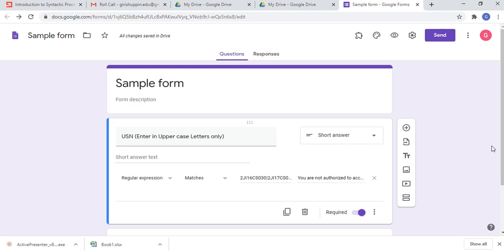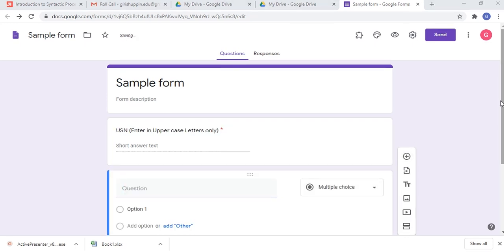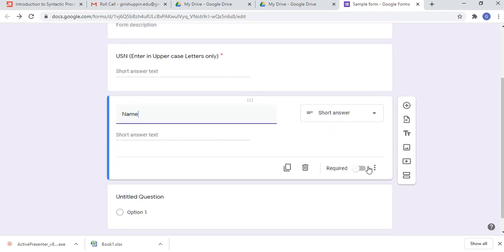Now the USN part is done. We can add one more field and call it name, and we will also make it mandatory. Then USN and name are going to be in the first section.